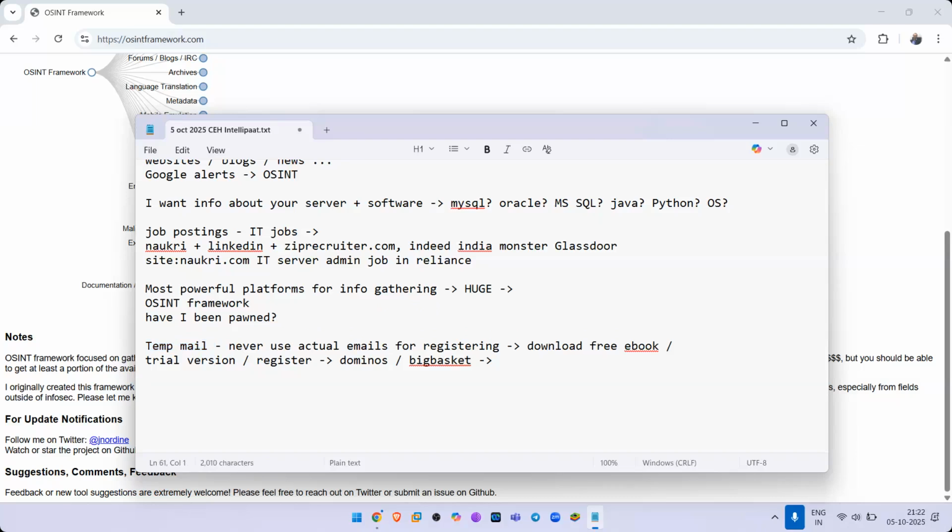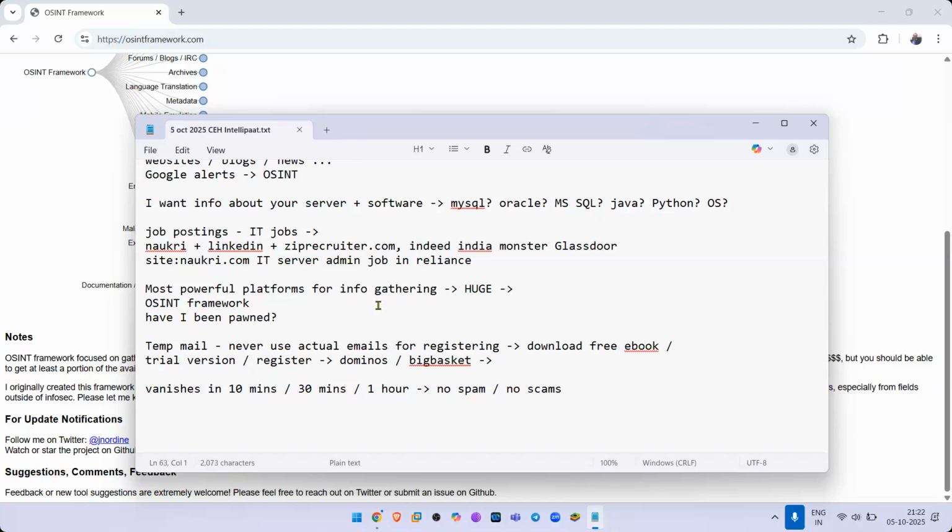Temp mail is real email, but it vanishes in 10 minutes, 10 to 30 minutes, maximum 1 hour. That email disappears, and so no spam and no scams.